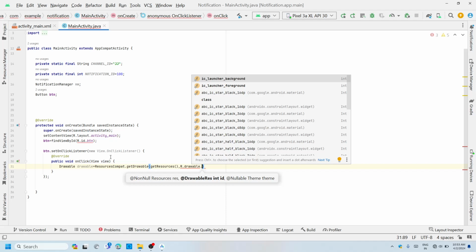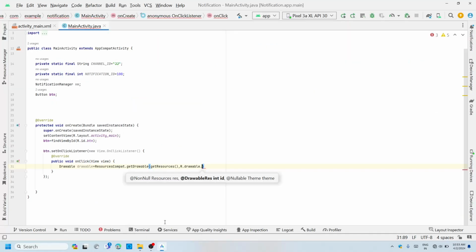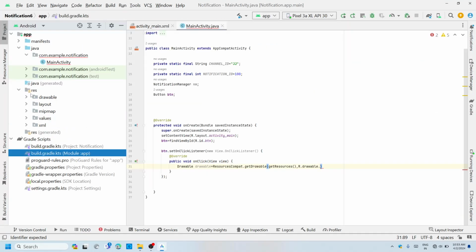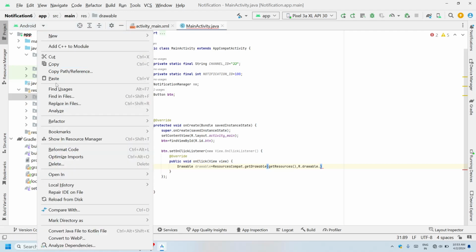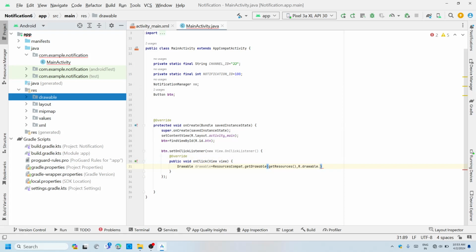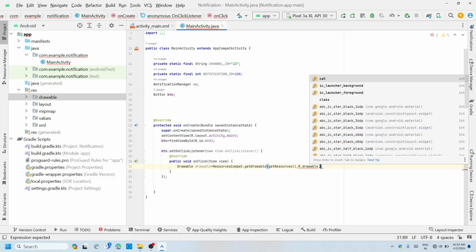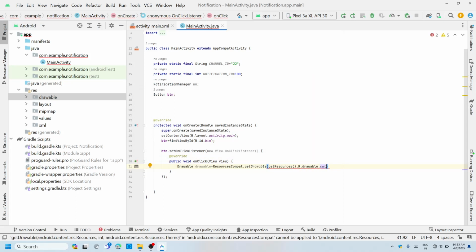Let's go to my image folder, and I will select this image, copy, and paste it in the drawable folder, right? And here R.drawable.image, comma null,